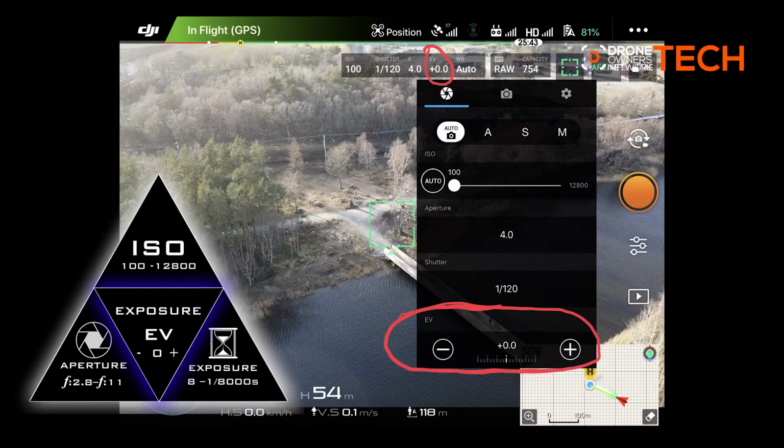Exposure value, or EV, you see the plus and minus signs. Personally, I prefer when I'm shooting to use at least minus 0.3 to make sure that I don't overexpose the highlights. Most of the DJI radios, the Phantom 3, the Phantom 4, the Mavics,